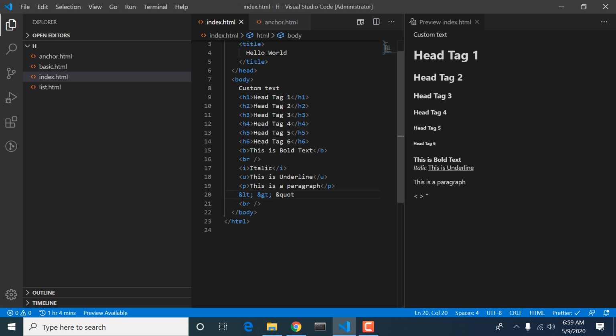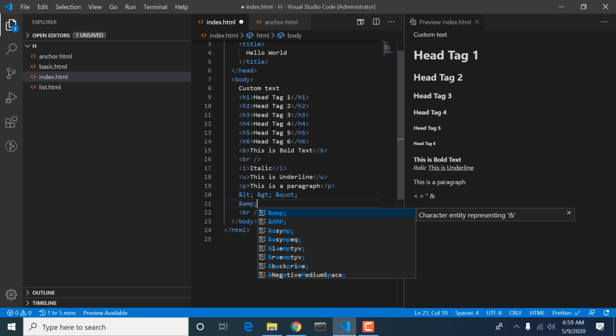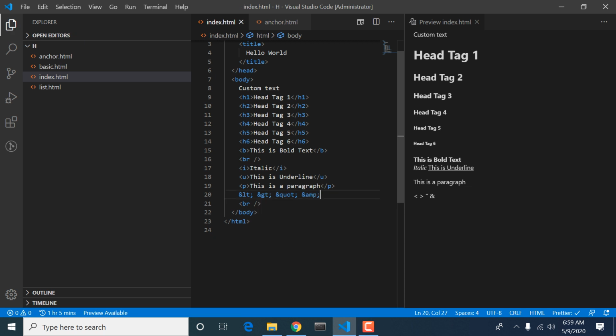It is a code tag. What if we have to use the ampersand as our character itself? For that we use amp. So these are known as escaping characters in HTML.